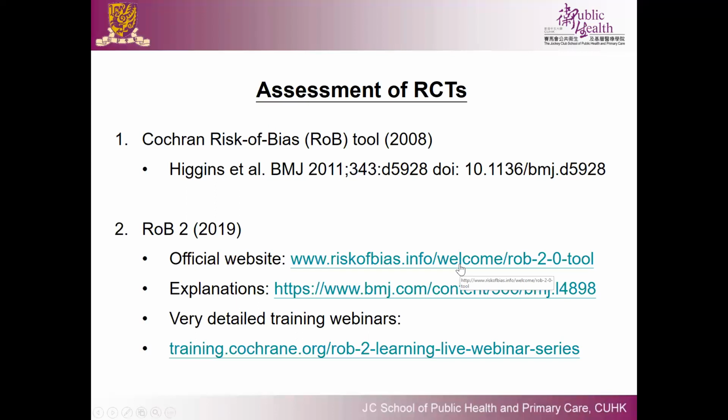And so far, it's still acceptable to use the first version. For many journals, it's still acceptable. No one will challenge you. So that's why in this workshop, I will focus on the first version. And the other reason that I